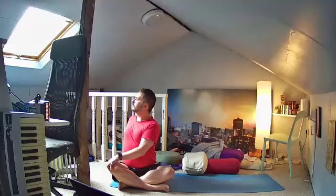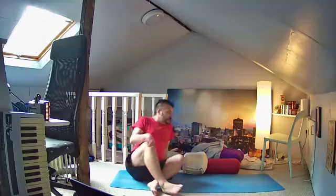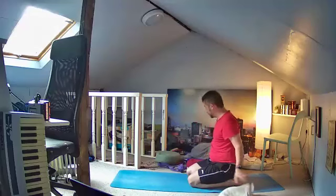Just finding that balance of the seat bones, that internal balance of action between the limbs and the torso and the spine and the brain. And then come back to the center. So a nice way to stretch out your back at the end of the session, rather than doing traditional shavasana,